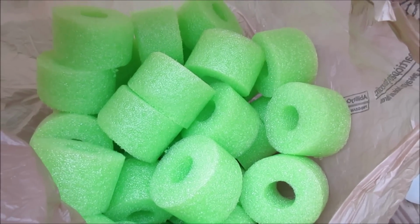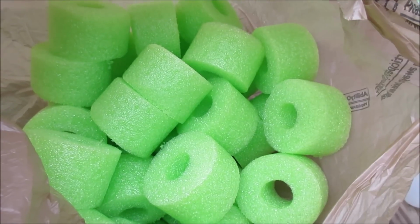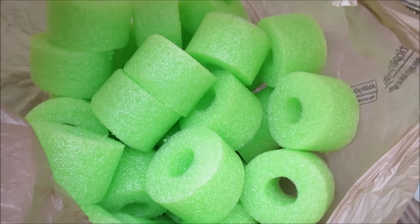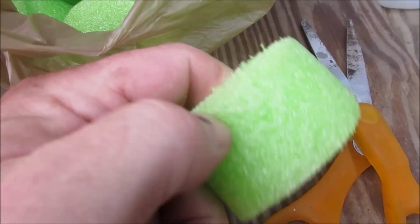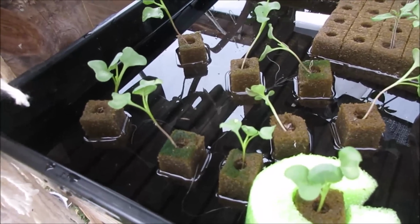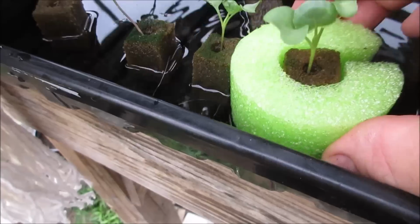Well, there you go, short time. I have a whole bag of, well, planter surrounders. I don't know what you call them, stability holders, whatever. So now all I have to do is just take this pair of scissors and cut through this, and we'll be set. Alright, I had 100% germination, 9 out of 9 germinated, and I took one and I went ahead